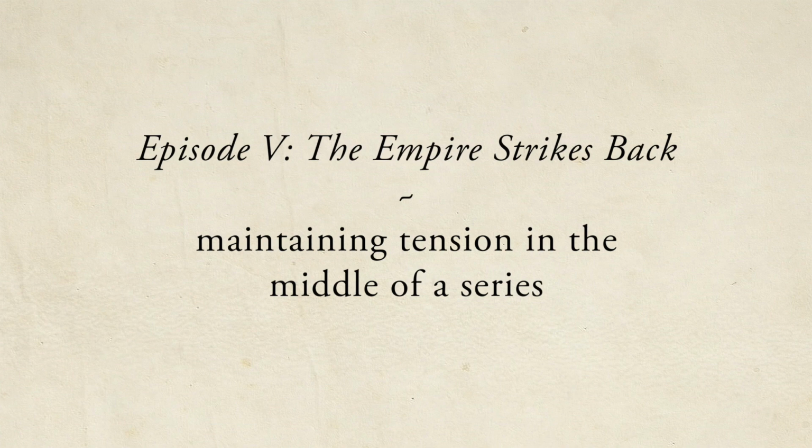So then we move on to episode 5, The Empire Strikes Back, and this I think is such a great lesson in maintaining tension in the middle of a series, the middle of a trilogy, because this is the middle child. The heroes have won the day in the last episode, and so how do we sort of ramp up the tension again to make for a satisfying conclusion in the third installment